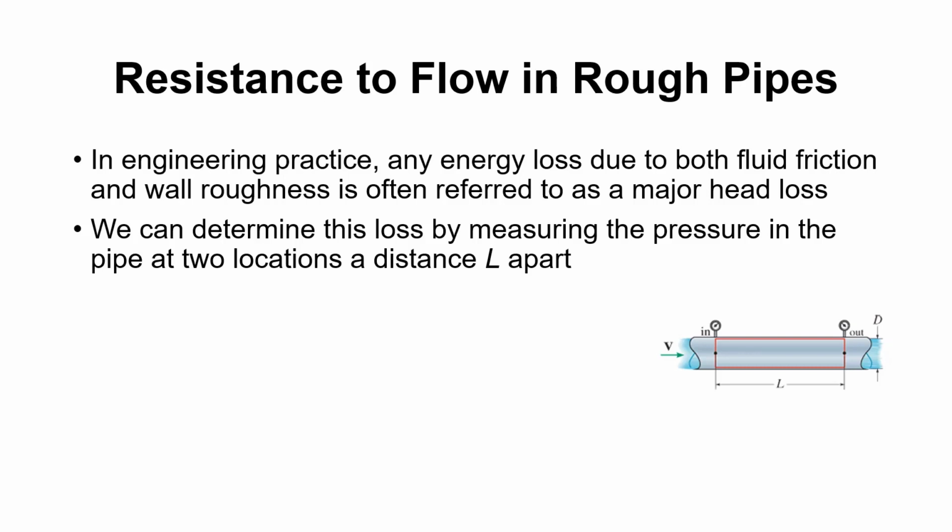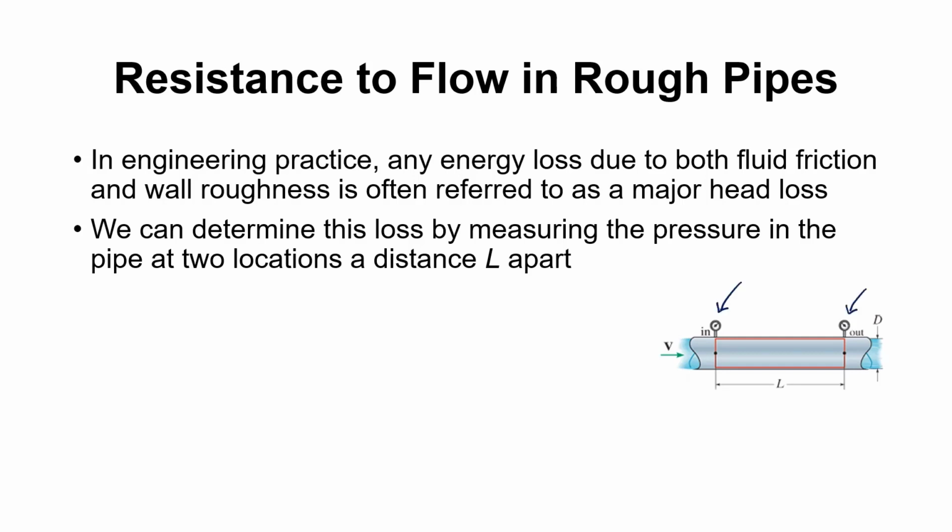Resistance to flow in rough pipes is equal to the head loss in rough pipes, right? Because there's going to be friction in rough pipes. So what we're going to do is to determine this head loss as a result of the resistance to flow in rough pipes. Doing so is possible by having a length of a pipe and also by having two pressure gauges